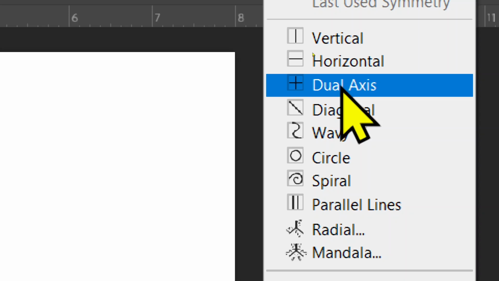So all of these are a lot of fun to play around with, but the one I really love is the Mandala tool. So click on that, and then I'm going to change my segment count to 10, click OK, and it creates this sort of almost like a little semi-snowflake. It's going to be a snowflake very soon. So I'm going to make that bigger. So I'm going to fill out my whole entire artboard,